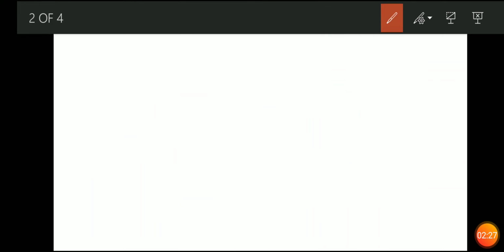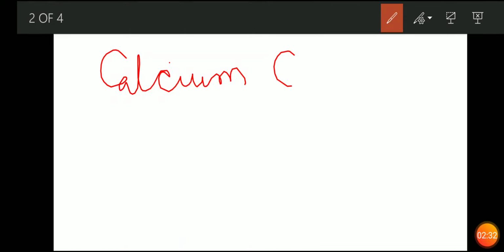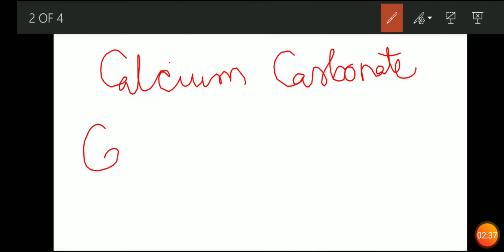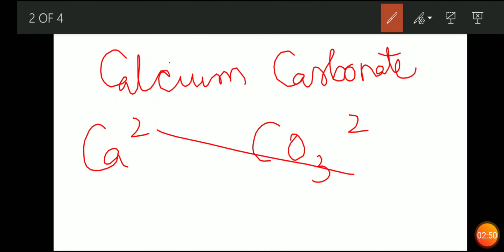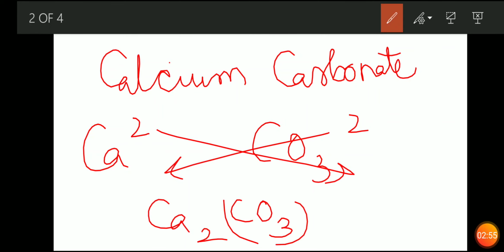Okay. So the next question is calcium carbonate. Now calcium has a valency of 2 and carbonate has a valency of minus 2. Fine. So I told you that we won't use any plus minus sign in the formula making. So we will interchange the valencies and we will get Ca2(CO3)2. This 2 will cancel out and we will get CaCO3, calcium carbonate. Fine. So these are the questions that were asked to you.